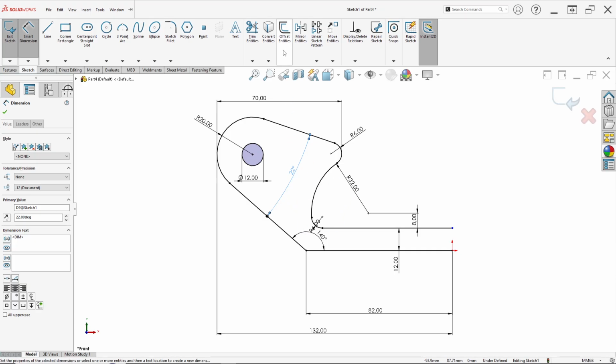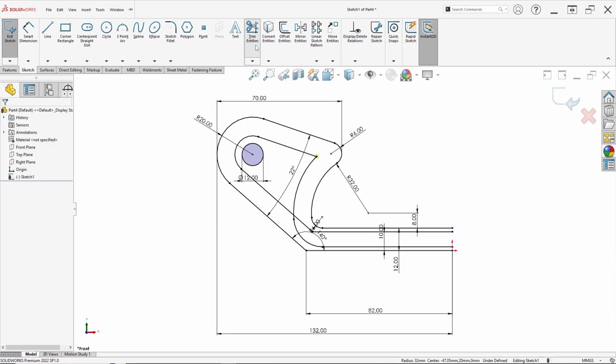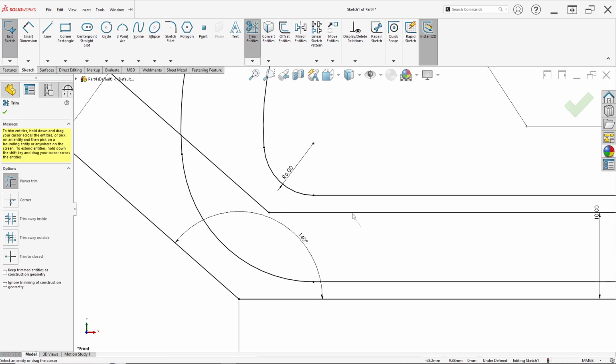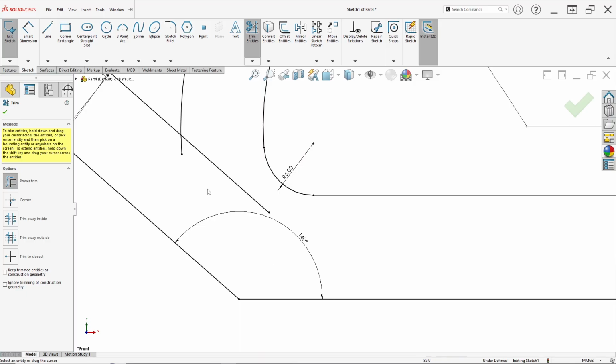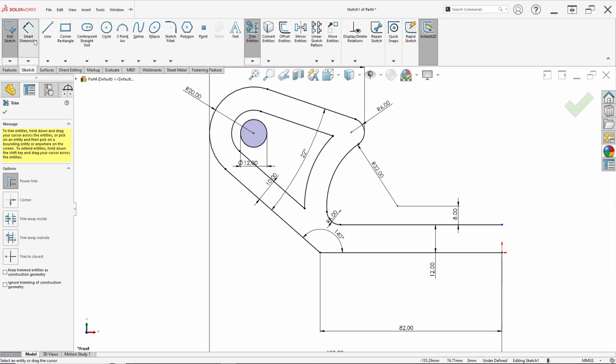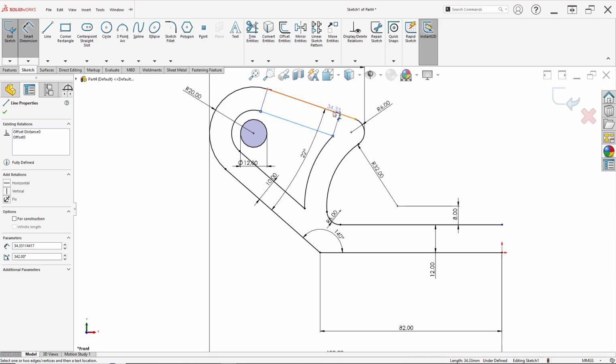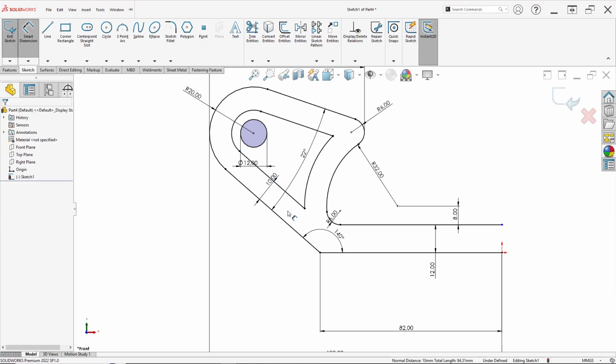We just click offset entities here, select this line and click OK, and we can erase with trim entities for this line, this line, this line, this line, this line. Okay, like this. We can see the distance here is 10 millimeter, and here 10 millimeter.